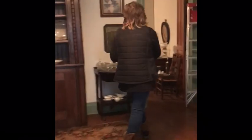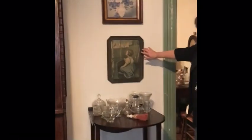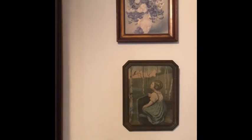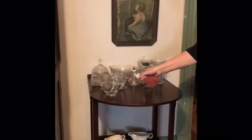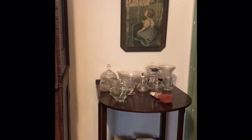I love this picture, I think it's very sweet. A little girl looking at the bird. Isn't that sweet? Got the antique frame, syrup pitcher, bottle brush, drop leaf tea cart,